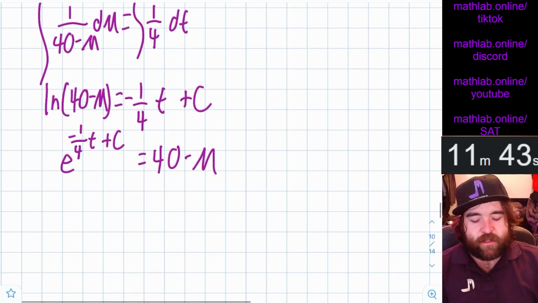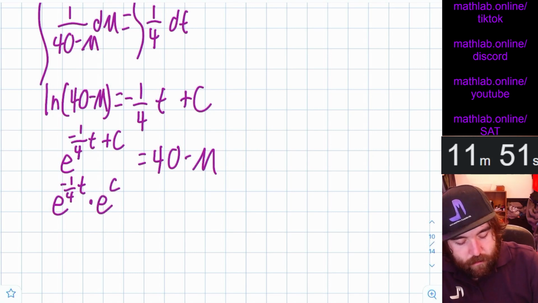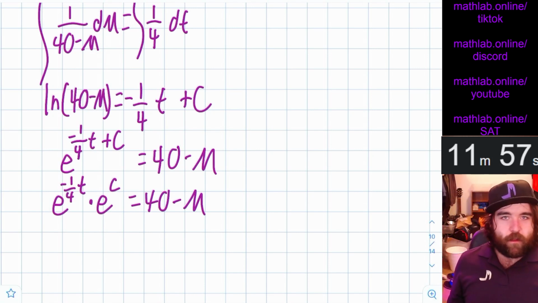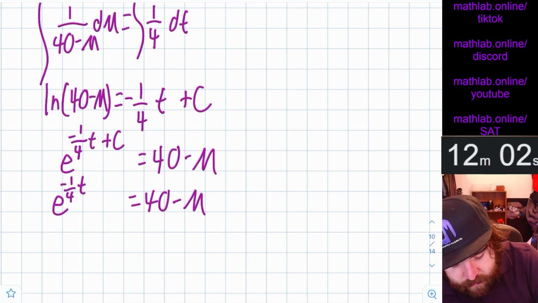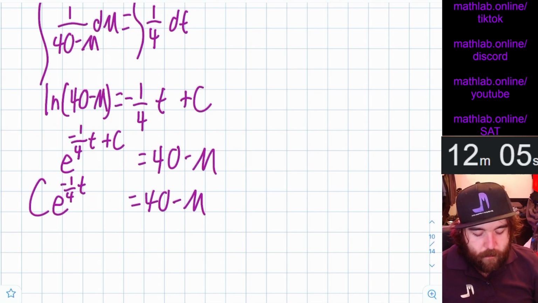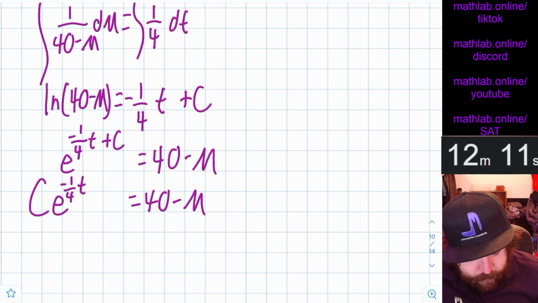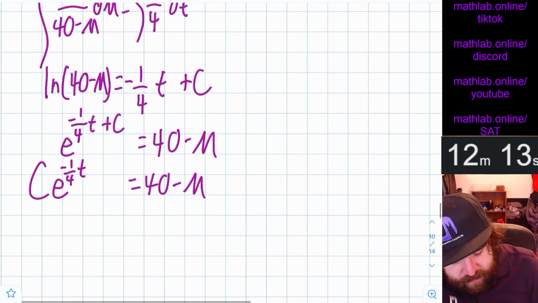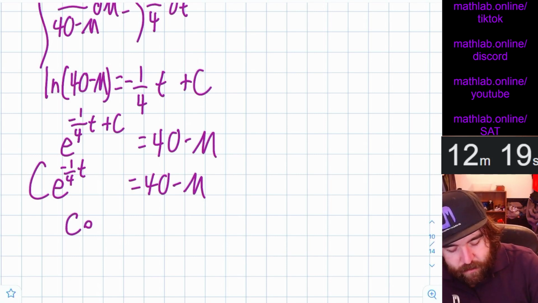And now we think about the same thing. So we're going to split this up. We're going to say that this is e to the negative 1/4 t times e to the c equals 40 minus m. But e to the c, e raised to a constant, is still just a constant, right? So this is really just c times that. And then, so now to get m by itself, we'll just multiply both sides by a negative. So we multiply c by a negative, that's still just c. So we're just going to have c e to the negative 1/4 t